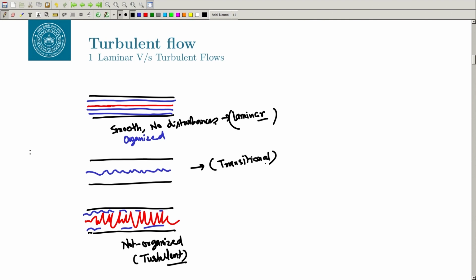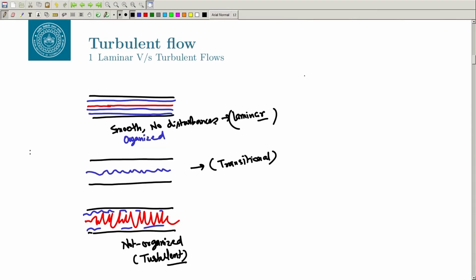Okay. Now, what he did is he changed the liquid. Earlier he did it with water, okay, then he made it a little bit more viscous and tried seeing what is happening. He of course observed the same phenomena, it was initially laminar and it became turbulent, but it happened at a different flow speed. Then he experimented with different liquids with different density, different viscosity, and he tried finding out what is that parameter which governs whether the flow is going to be organized or disorganized, right. So, then he came up with a number which is now known as the Reynolds number,